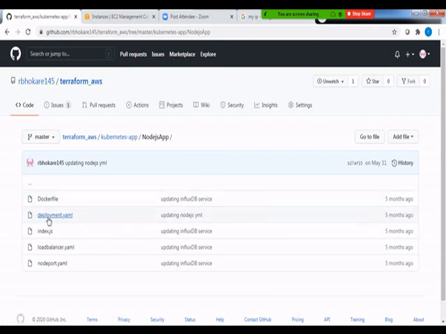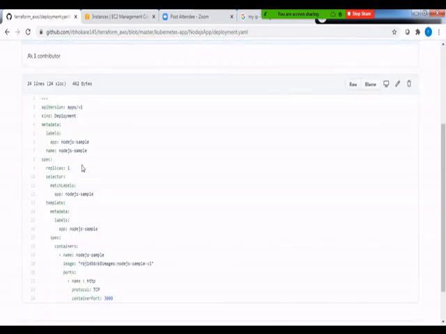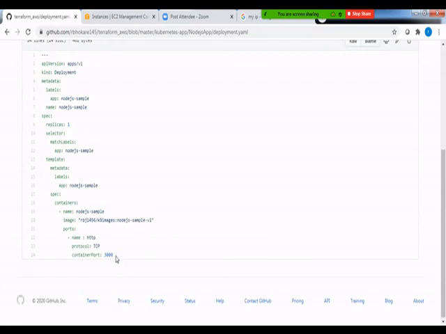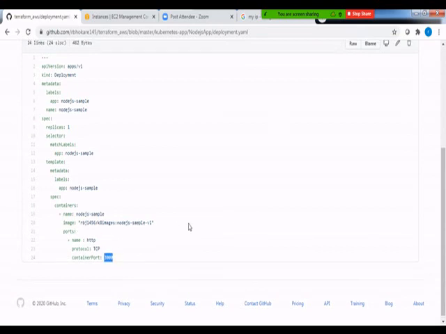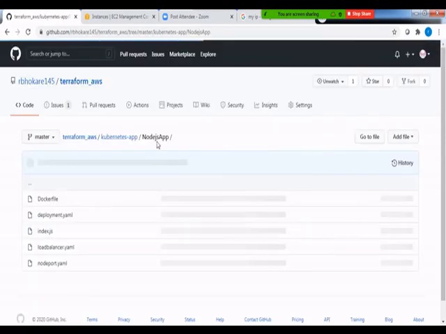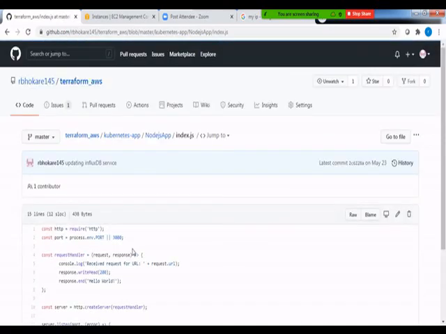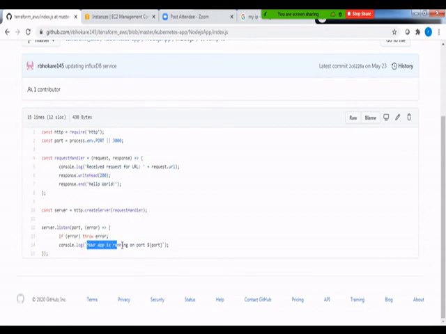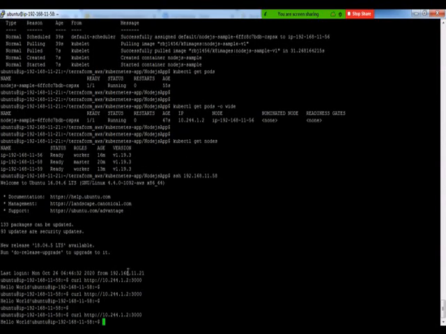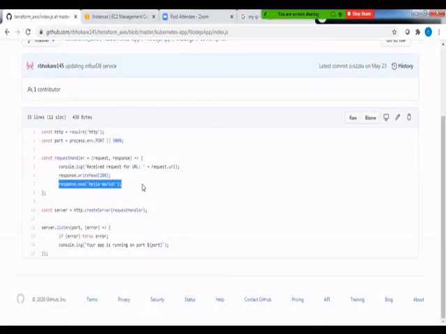Let me show you that deployment file, right? So this is the deployment file we have deployed, and this is the port where we have deployed the application as part of the pod. And what does the image contain? As I said, it contains a Node.js application. So this is the index.js file of that Node.js application, and this is what we are getting as a response. Response.end hello world. So if I make a hit, I get hello world Ubuntu, and this is what we have rightly mentioned as part of the response of our application, right?